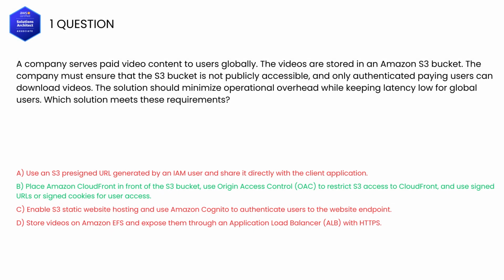As you can see, the correct answer is B. Why is this correct? Because origin access control allows the S3 bucket policy to permit access only from CloudFront, keeping the bucket private. Signed URLs or cookies enforce proper user authorization at the edge with low global latency and minimal ongoing